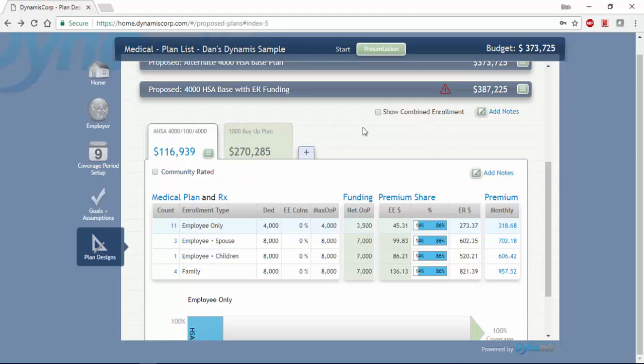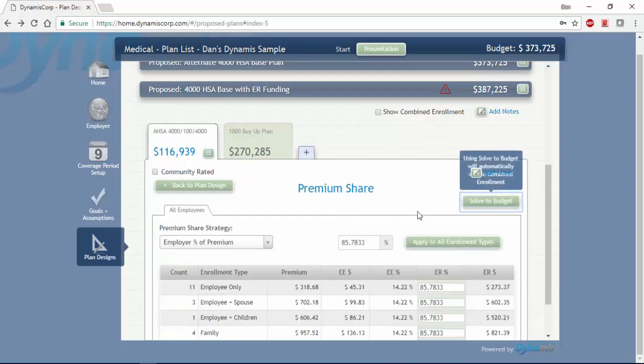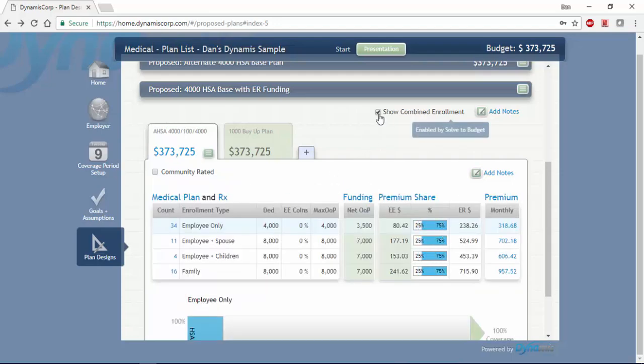So in our case, since we're working from a budget perspective, I'm going to go into premium share and I'm going to solve that plan design to budget. Okay, when I come back, now we can see where that contribution needs to be, and we have this new version of the HSA plan that includes the HSA funding with contributions adjusted to keep it in line with our